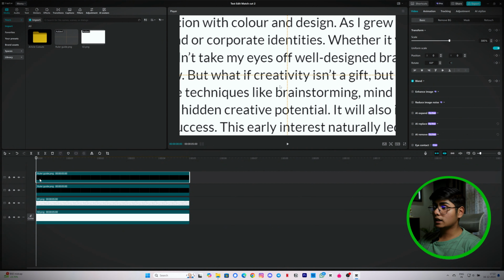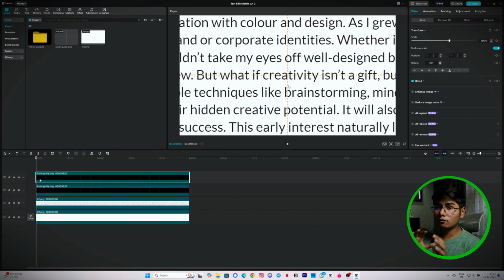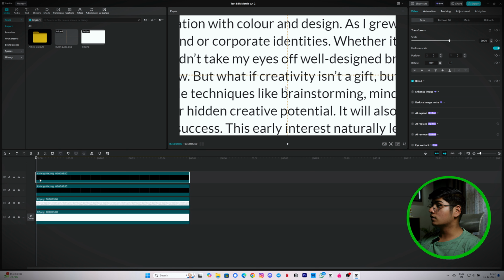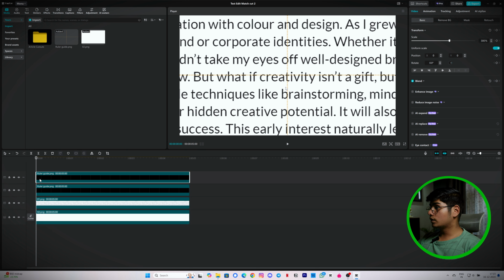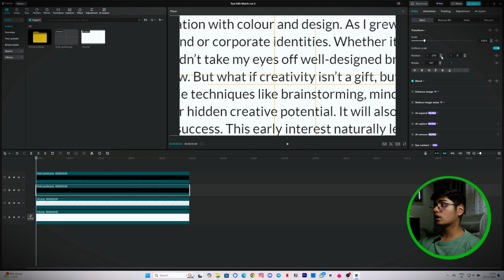So let's just scale this image and make our word in the center. You can do this by the slider, and let's just place it here in the center like this. Maybe scale a little bit. Yeah, that's perfect. Now what I'm gonna do is I'll select this ruler guide and then I'm gonna place it here just to have a guide for future images like this. So now we know that we have to put our word between these lines or in this square.